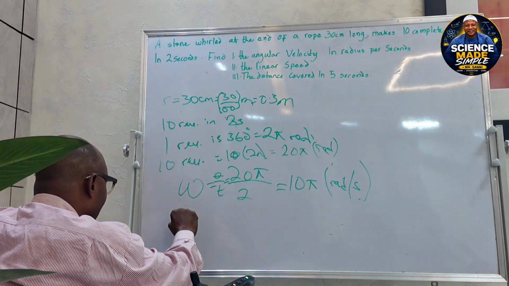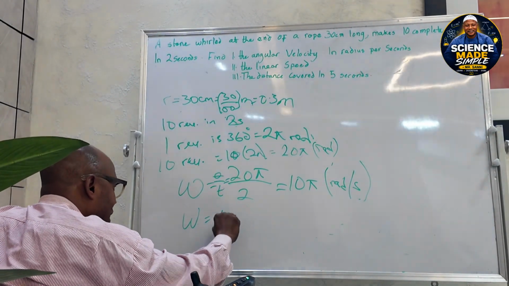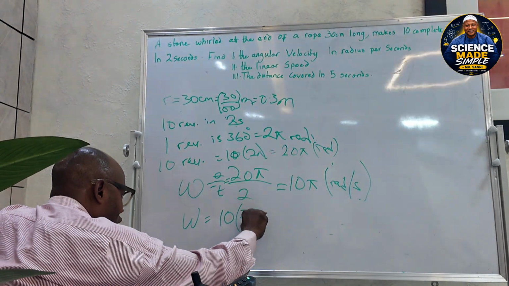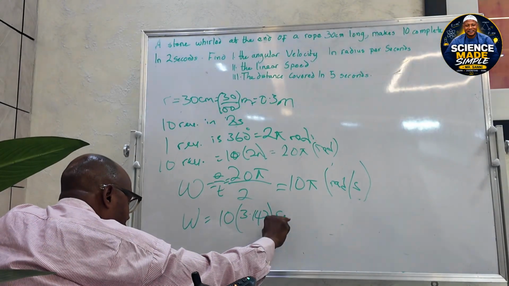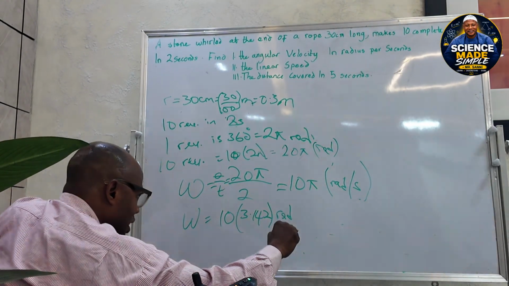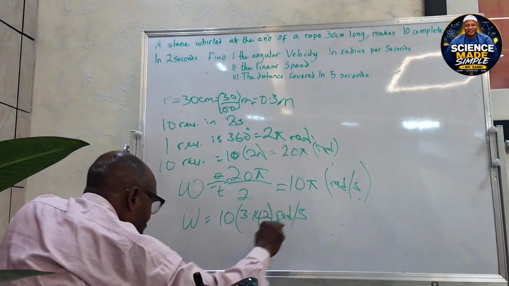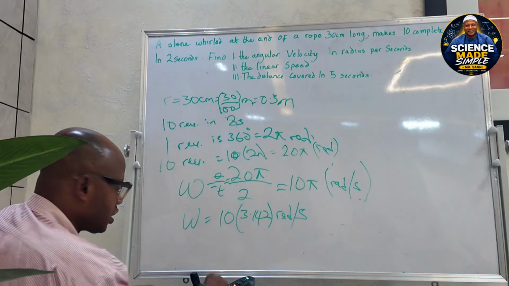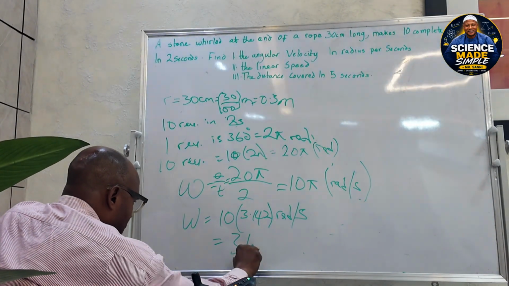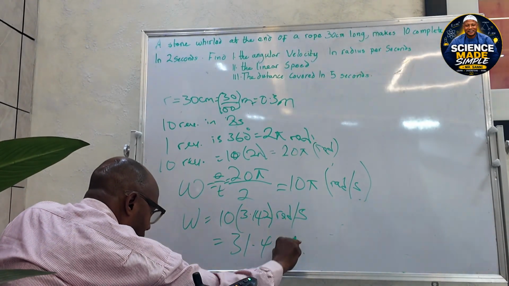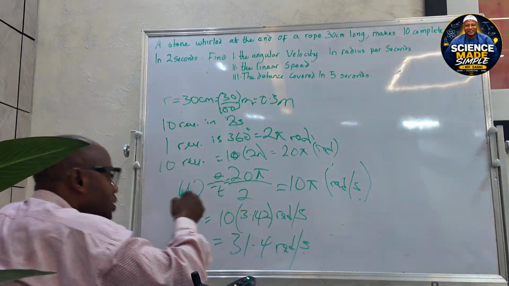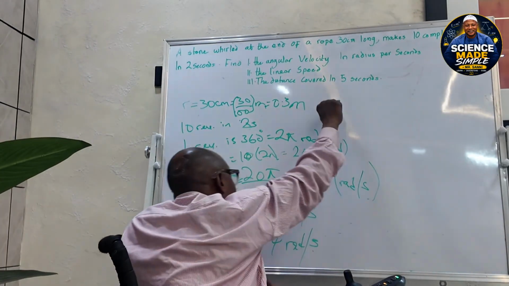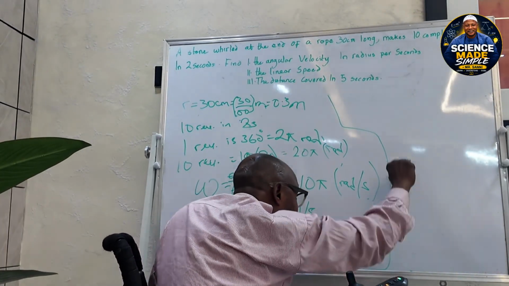You can simplify it further by saying that our 10 pi is the same thing as saying 10 times 3.142. You know, pi is 22 over 7. So 10 times 3.142 will give us 31.4 radian per second. So our linear speed, the second question,